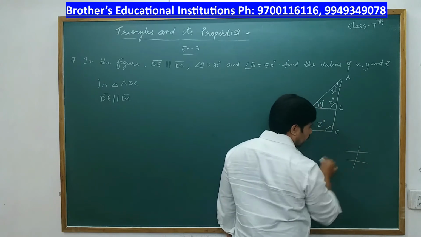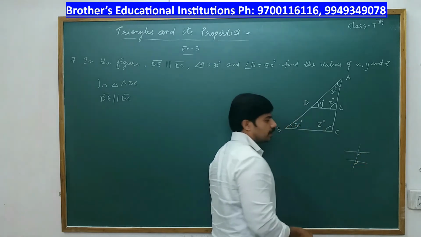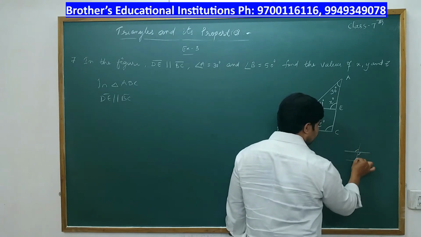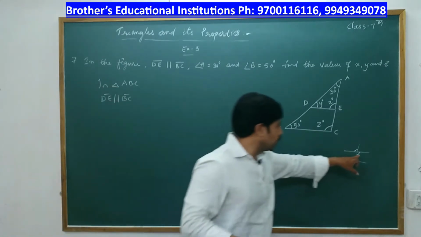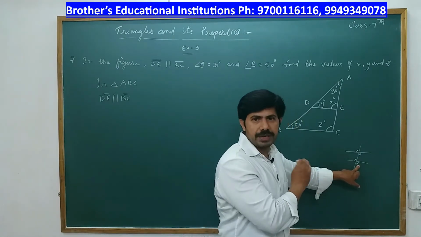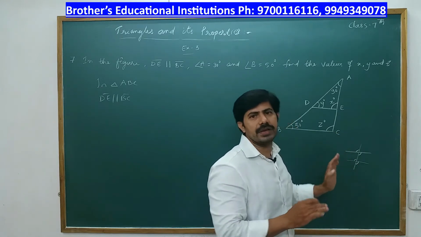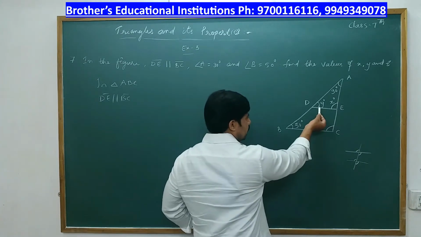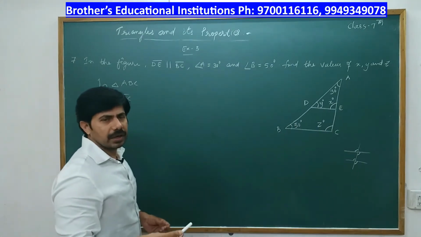Generally the corresponding angles are, the angles should be on the same side. One should be interior, one should be exterior. Or one is exterior, the other one will be interior, and they should be on the same side. Then we say the angles are corresponding. Now here one angle is clearly exterior and one is interior. So Y is equal to 50 is a corresponding angle.